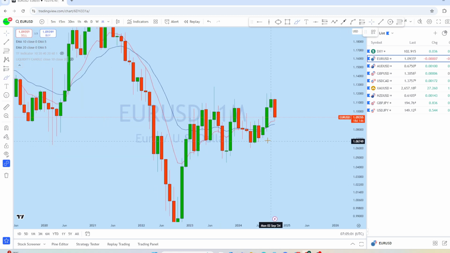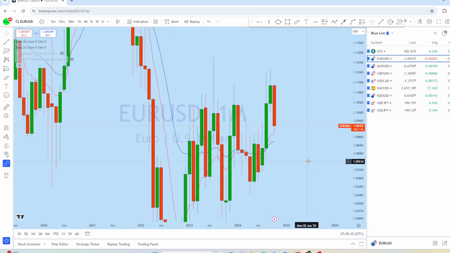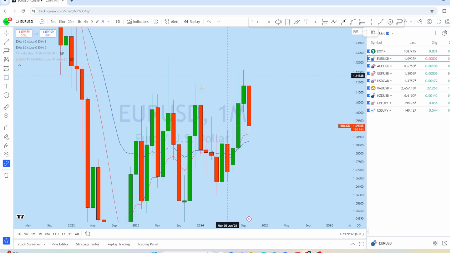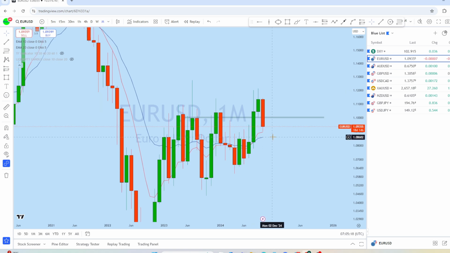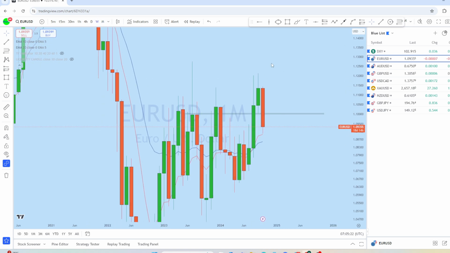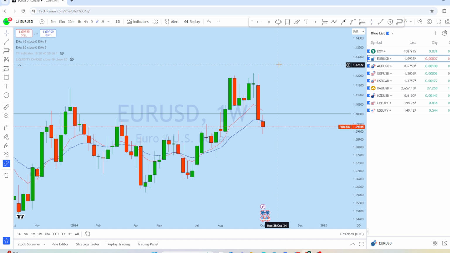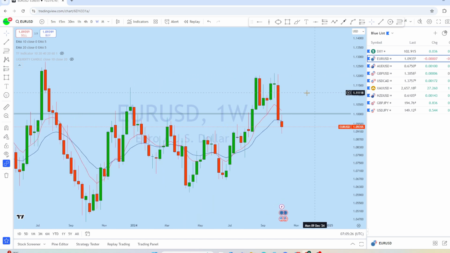We can see that from here there is a massive bounce to the upside, followed by this is the monthly candle on EURUSD. We have seen that there is a significant drop, and as expected this market is moving back down with a stronger momentum, and we may see that EURUSD keeps pushing down to create a new lower low. If we look at the weekly chart, what we can see is that from the weekly perspective, after